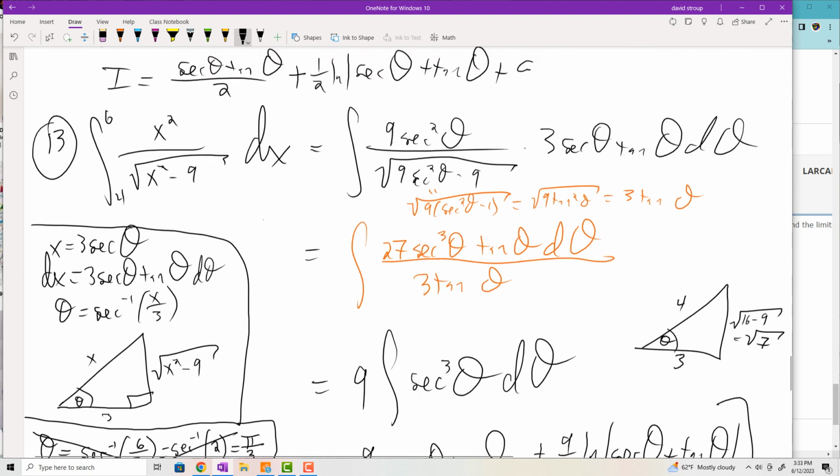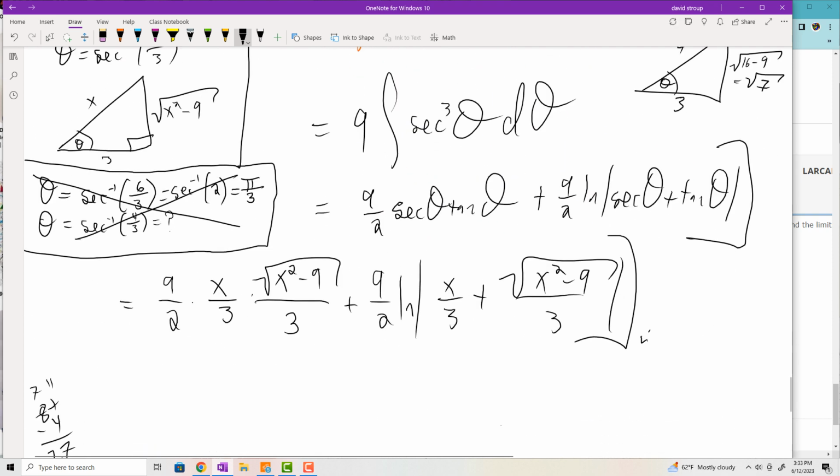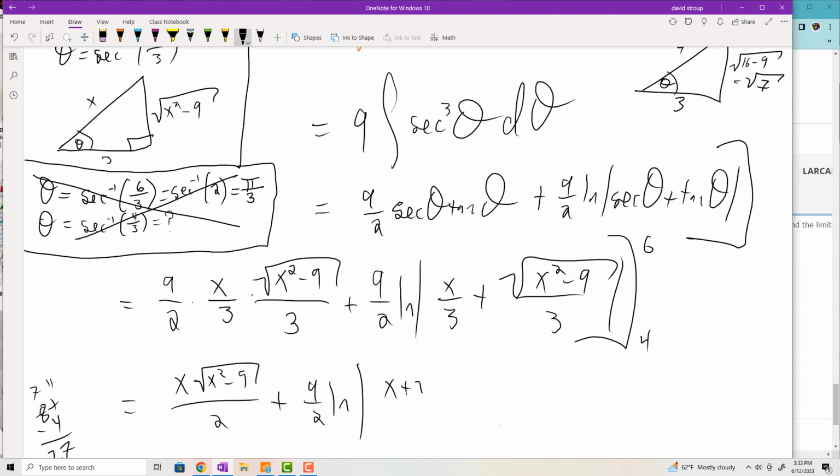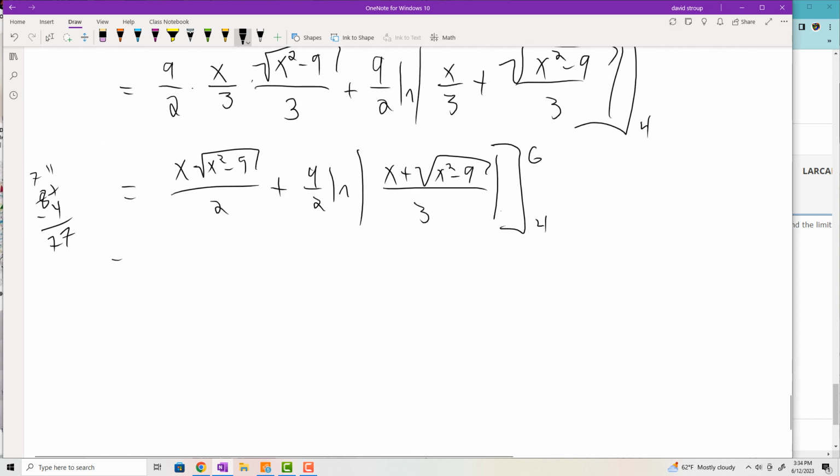Righto. So in this case, we have 6 and 4, or go to the fourth 6. So we probably want to simplify a little bit first. So of course you have x times the square root of x squared minus 9 all over 2, and then plus 9/2 ln absolute value of x plus the square root of x squared minus 9 over the common denominator of 3, evaluated from 4 to 6. So this thing will be 6 times, 36 minus 9 is going to be 27. So you have 6 times the square root of 27, which is going to be 3 root 3 over 2